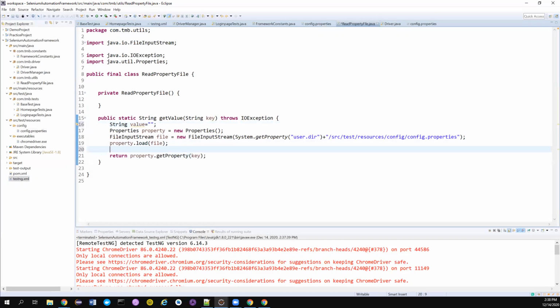Once I do that, I copy this and assign it to value. Then, if value equal to null, I want to throw some proper error. I throw a new NullPointerException, or you can just wrap it with the Exception for now. Then you can tell like,